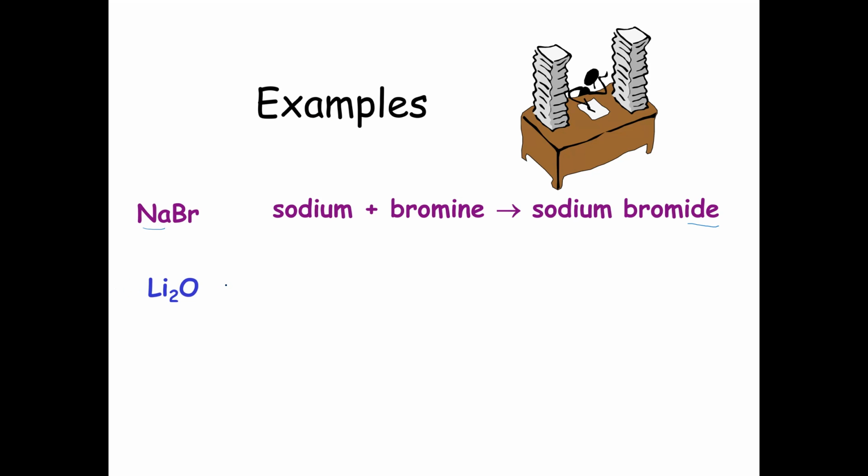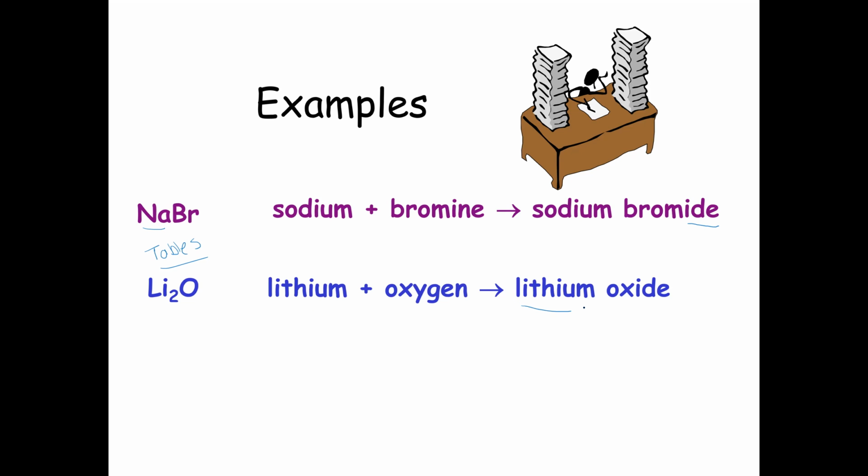So let's try the next one. If I have Li and O, I have to go to table S, right? You want to make sure table S is your really good friend. You're going to find Li on table S. You're going to give it its name. All right, so that's lithium. And then you're going to go and find O, which is oxygen. So lithium keeps its name, so lithium. And then oxygen becomes oxide, right? So oxide. So lithium oxide indicates that it's a chemical compound between lithium and oxygen by having the ending